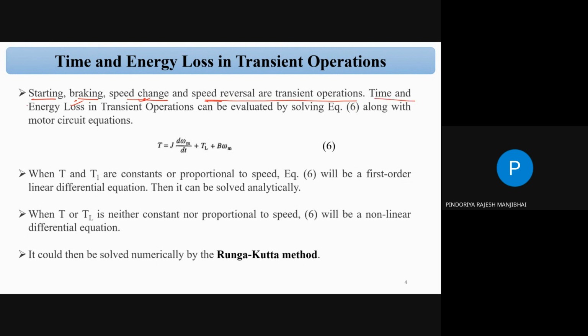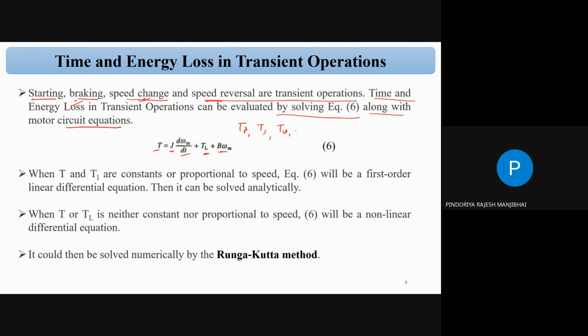So time and energy losses in transient operation can be evaluated by equation number 6 along with the motor circuit equation. All of you know the fundamental torque equation, that is, T, total load torque, equal to J, moment of inertia, times the rate of change of speed, that is d omega m by dt, plus your total load torque plus B into omega m. So we can say there is a damping function into omega m. Other components are friction, static torque,